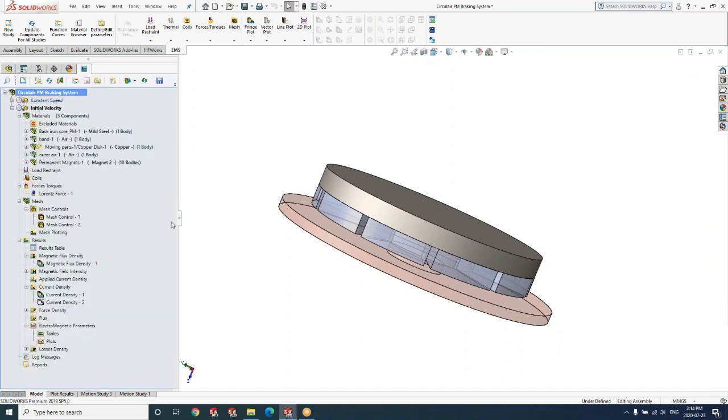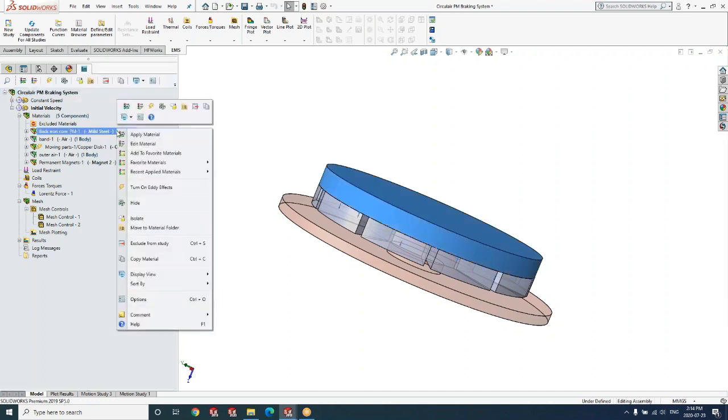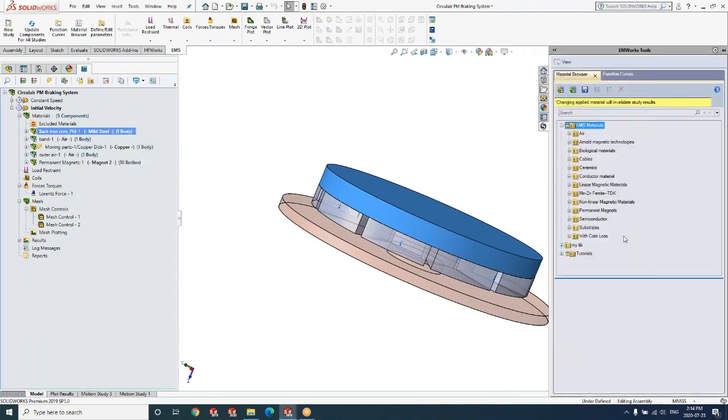Once you create a simulation study, you're going to get a study tree as you see here. Now the first step involved is to apply materials to various components. Here the back iron is made of mild steel material, and to apply a material in EMS, it's very easy. You just right click on the material and select apply materials.